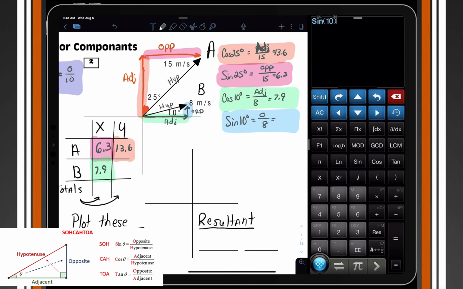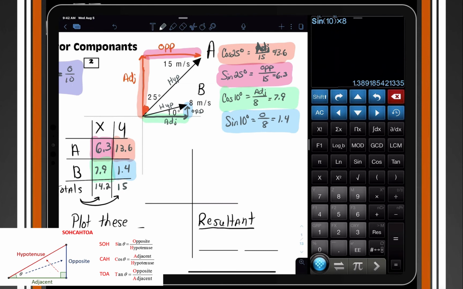Sine 10, close it, times 8 equals 1.4. Matching it up, it's upwards, so that's the y-axis. Since it is going upwards, that means we're going to have a positive value for it. We start adding these things together. We have 13.6 plus 1.4 gets you a value of 15. We have 6.3 plus 7.9 gets you